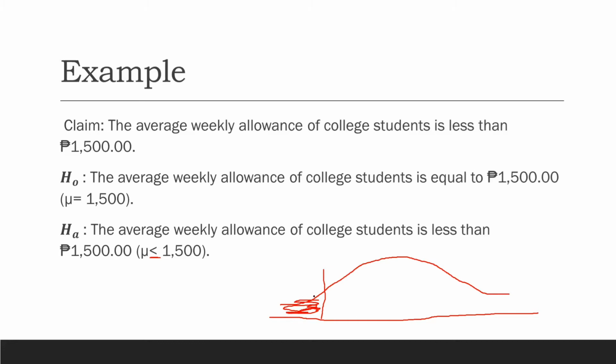So, this is the rejection region. Then, eto namang part na to, ayan. Yung nasa right ng ating rejection area is the accepted region. So, mas maintindihan natin yan later. So, next is